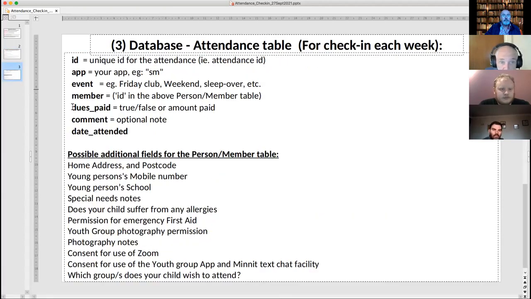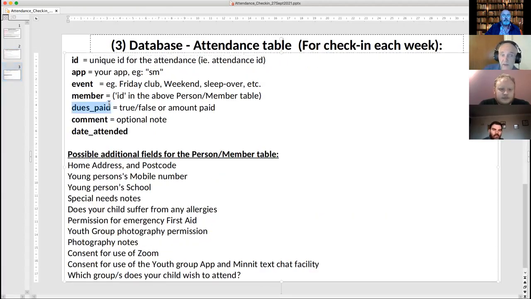And then you have, if the dues were paid that night, if you have like a weekly amount you pay, and any comment about the attendance, like maybe the person had to leave early or something, and the date they attended. And then we wondered about these additional fields for the member table, things like you need to record your home address and postcode, or the person's own mobile number, or school, special needs, allergies, which is kind of the medical information. Does the parent give permission for first aid, youth group photography permission,